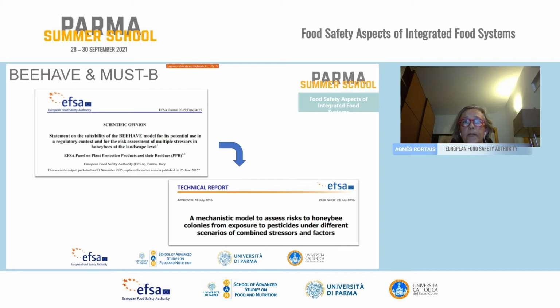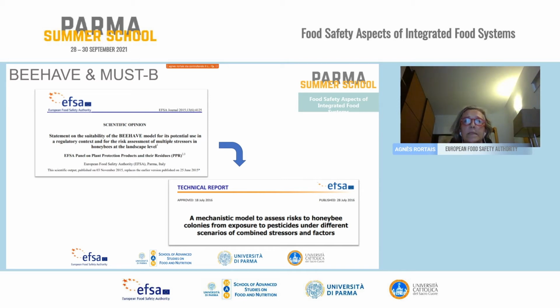For this purpose, various interlinked modules were defined. So we have the colony dynamics module, reflecting on the demography and the behavior of the different categories of bees, including castes and larval and adult life stages. The in-hive products module with pollen, nectar, bee bread, wax, royal jelly, water. The foraging module, reflecting on the bee decisions that are influenced by colony stores and the landscape in terms of